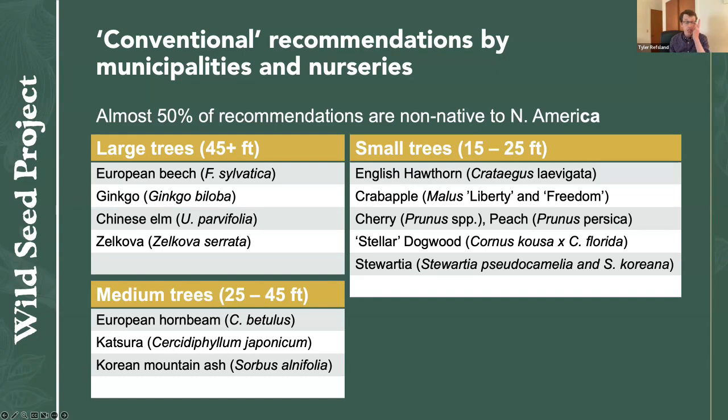So just Portland as an example, and nothing is unique about Portland. In fact, in many ways, they've shifted a lot in the right direction. But almost 50% of the trees they recommend are still non-native tree species. And here's just an example of some of the ones that are on their website, from large, medium to small trees. And some I just want to point out, like European beech,